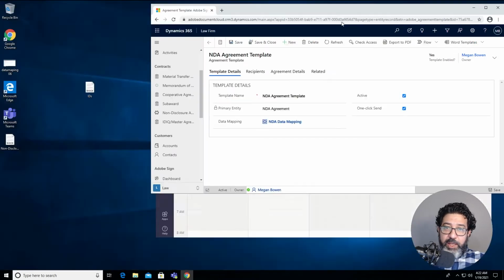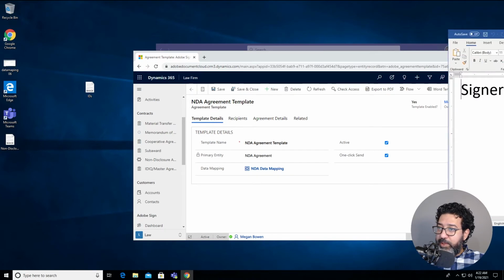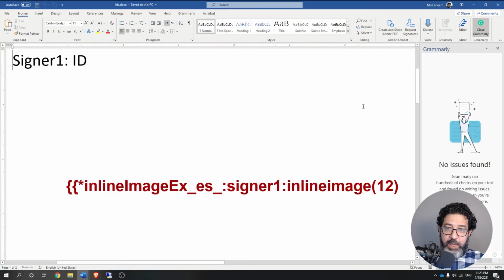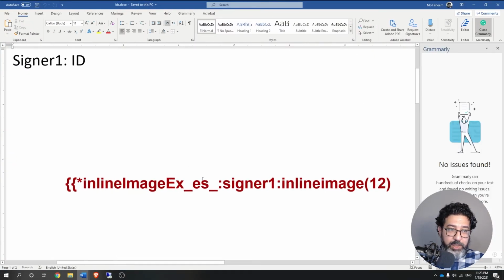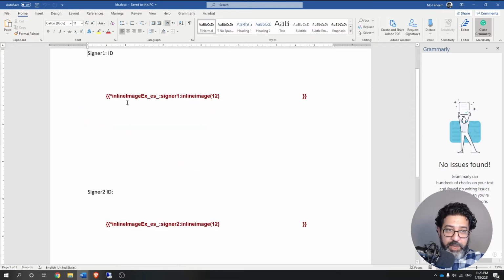I've created another document that I can show you here. I've created another document, as you can see here. It is to collect information about the signers' IDs, so to include an image within the document.